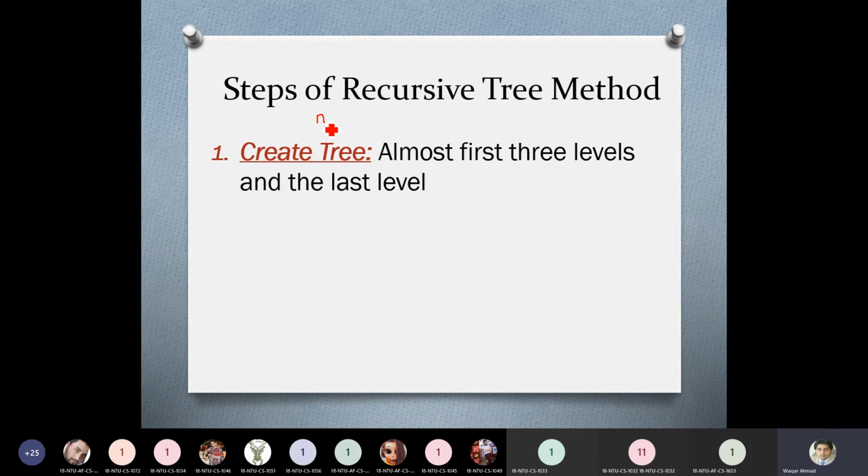The simulation we saw for merge sort of an 8-element array, where we divided it into 4 and 4, then 2 and 2, and then 1 and 1, is actually this recursive tree kind of activity. But when we are solving the recursive equation, we create a tree for an unknown array size n.